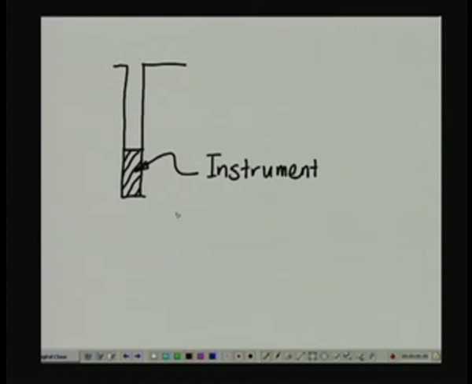And after this particular instrument is inserted within the hole, a larger diameter drill hole is